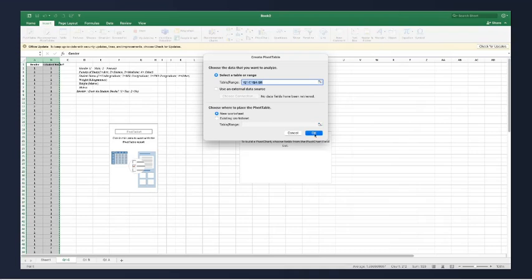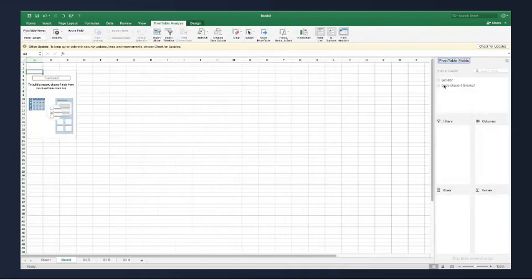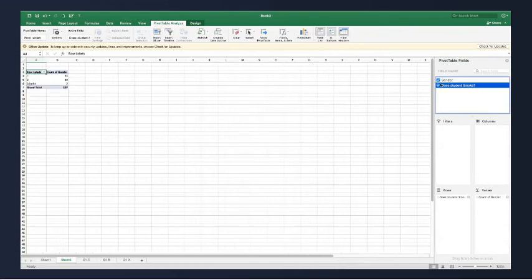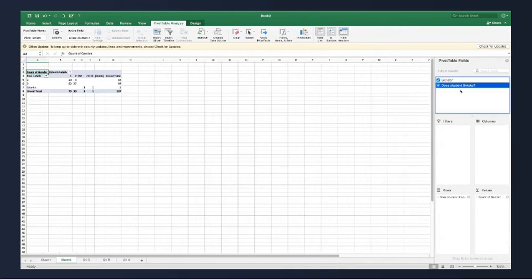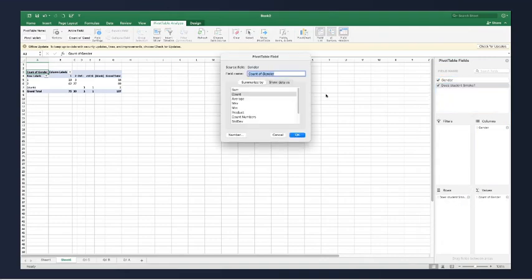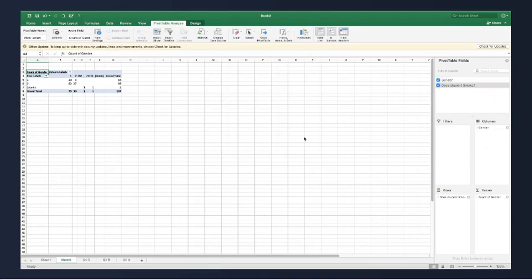Let's go, OK. So I can see the gender and student profile. I'll put gender in columns, student profile in rows, right? Again, I will count and say OK.